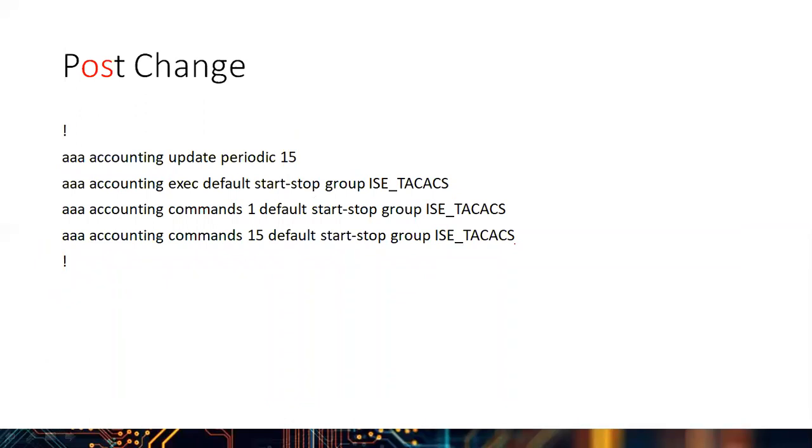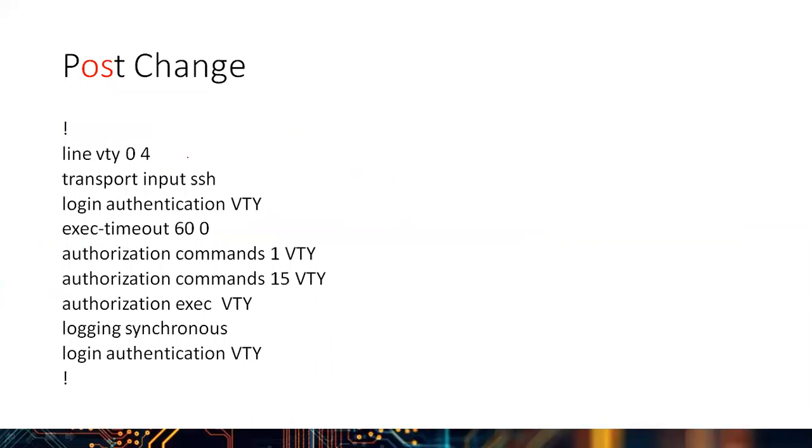Finally, the accounting configuration. We have to ensure accounting is configured for all the privileges from 1 to 15. That's pretty standard configuration for AAA. Nice and easy. And finally, the line VTY 0 4, where we are enabling transport input SSH,